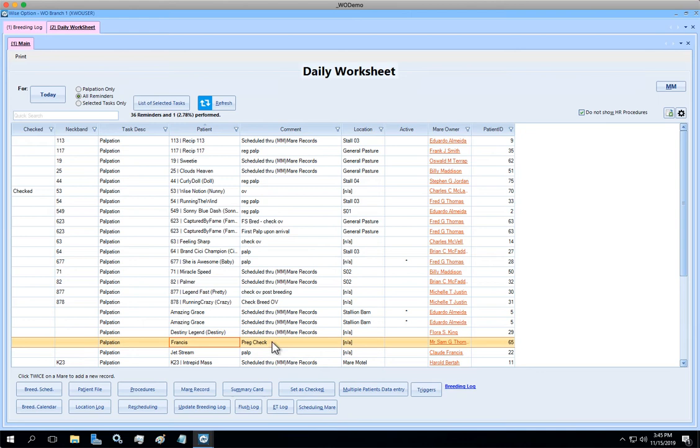I know that she's doing that because it's my method, and every time I do a preg check for a carry, I put a preg check here. Again, I could go to the breeding log if I desire, and from the breeding log, do a preg check from there. But since I already scheduled her for a new palpation and see if everything is fine, I'm going to open the summary card by double clicking,